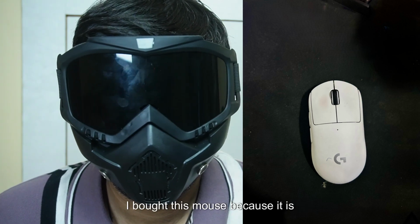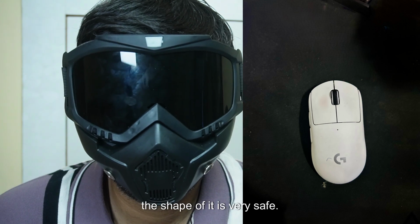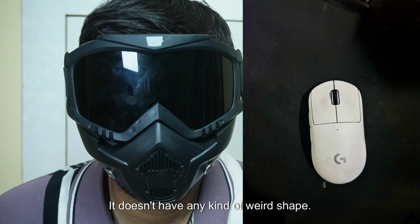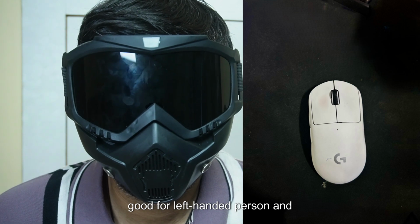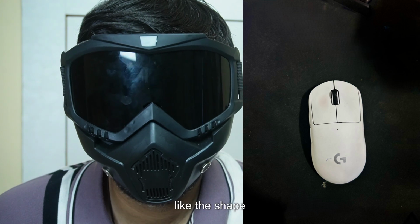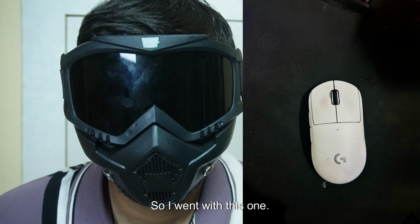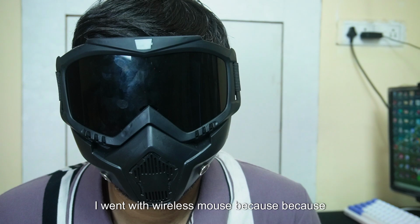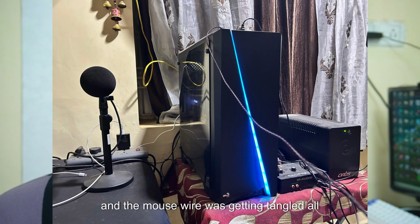I bought this mouse because it is lightweight and the shape of it is very safe. It is, I think, a symmetrical mouse. It doesn't have any kind of weird shape. It is good for a left-handed person and a right-handed person as well. So I like the shape and the weight of this mouse, and I trust Logitech, so I went with this one. As I already told you, I went with a wireless mouse because I don't have a lot of space on my desk, and the mouse wire